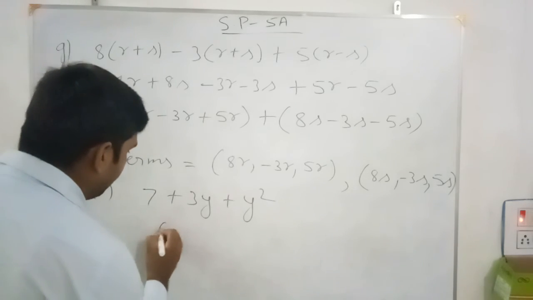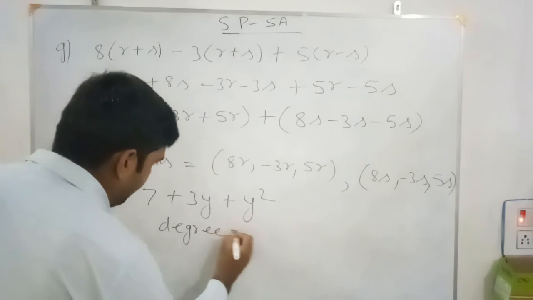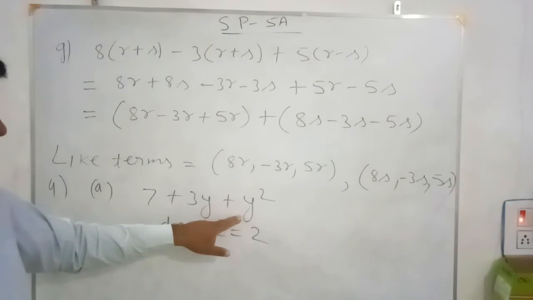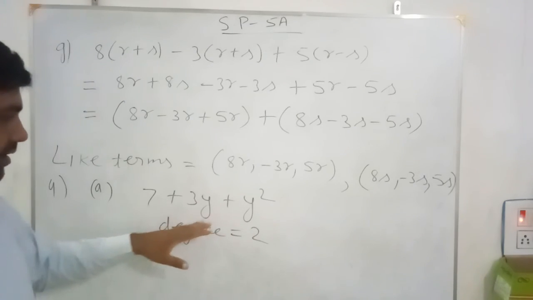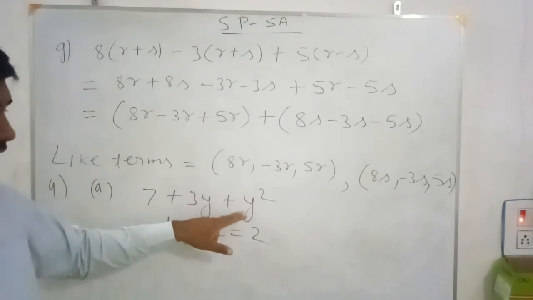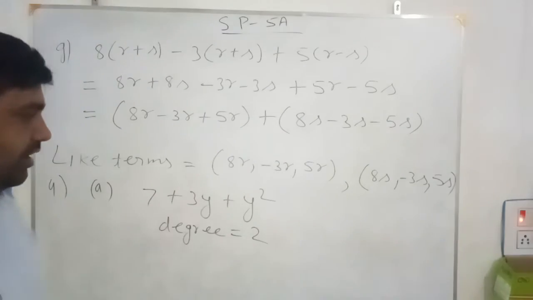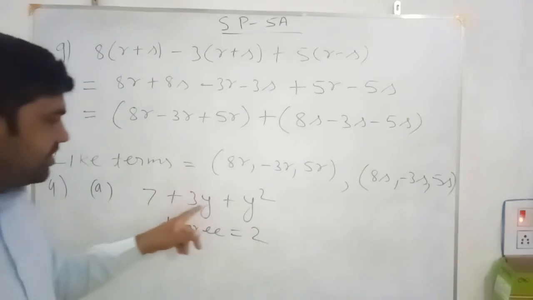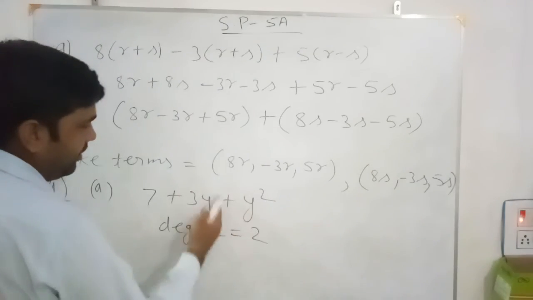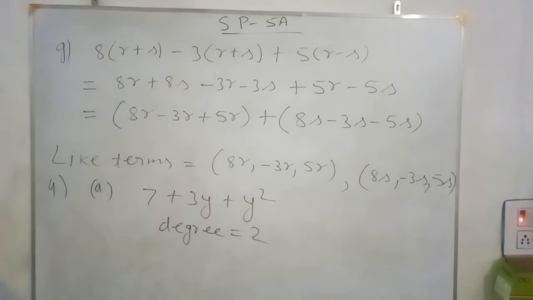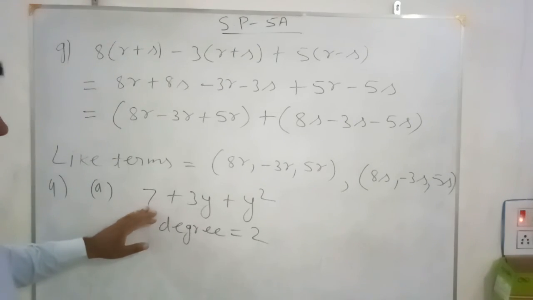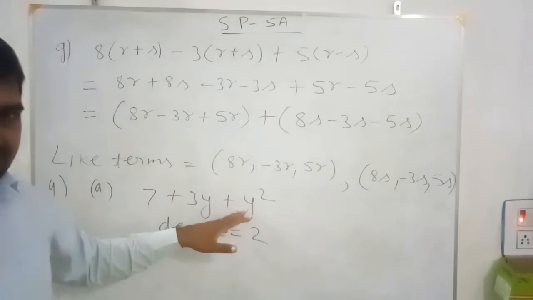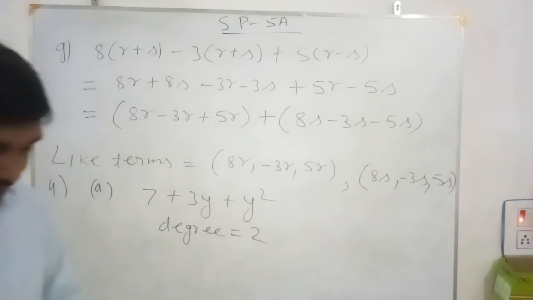So the degree of this polynomial is equal to 2. Whatever the maximum power in a polynomial, that you find as the index over any variable, that is called the degree of the polynomial. So here you have to find the degree of each term of the polynomial. The degree of y square is 2, this is 1 and this is 0. The degree of the constant term is always 0. The maximum power is of the term y square, that is 2. So the maximum degree of a term is called the degree of the polynomial.